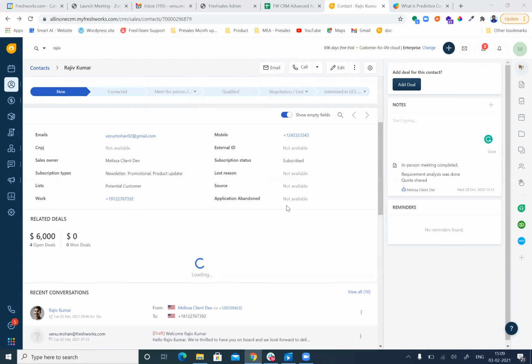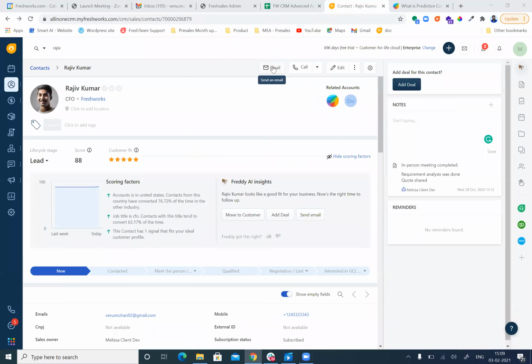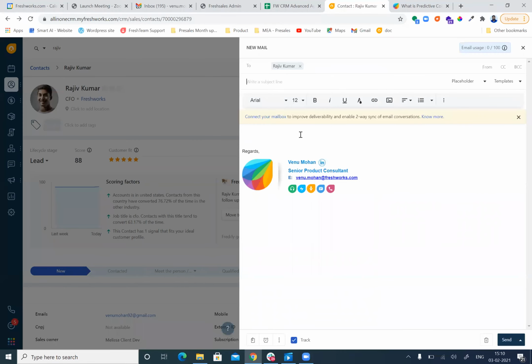All right. So similarly, you also have other engagement platforms here. To send an email to a particular customer, once you have synchronized your Gmail, you are able to send all your emails from here itself. It's a two-way synchronization. All your emails will get synchronized to your Gmail account also, and all emails which hit your Gmail account will get synchronized to Freshworks CRM too. Once you click on the email icon, you can create your own email template and send it to the customer.